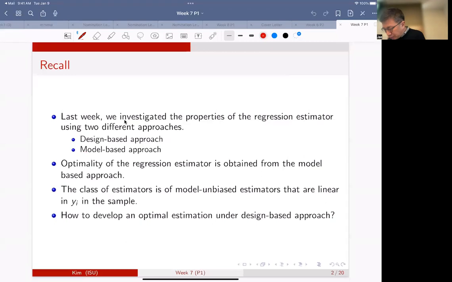The design-based approach, Winston Lin, 2013. And then the model-based approach. So this was week 6 part 1, and this is week 6 part 2, right? And we discussed optimality. If you have a model, then the regression estimator is derived, right? So basically the calibration, the mean part,